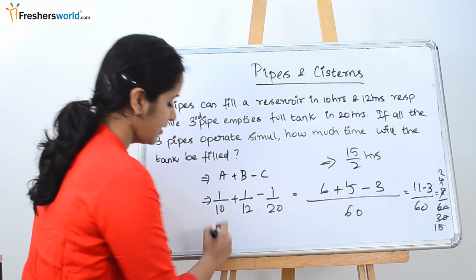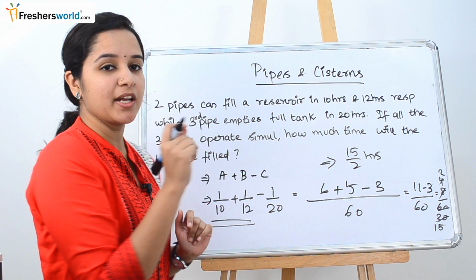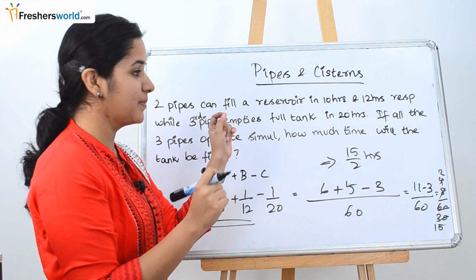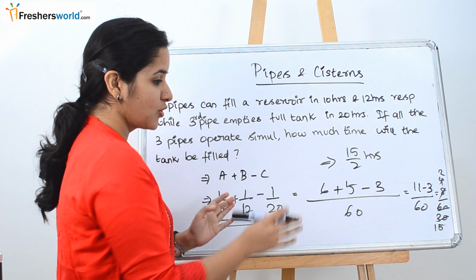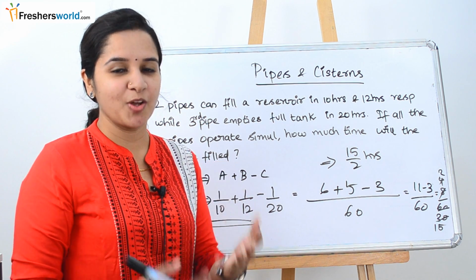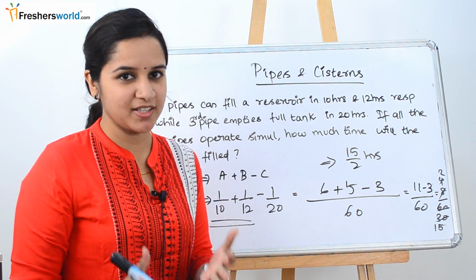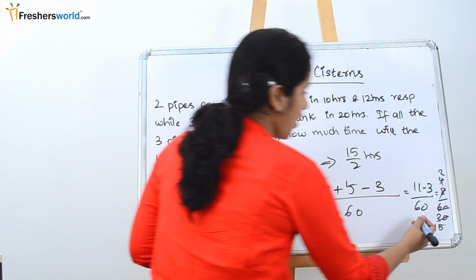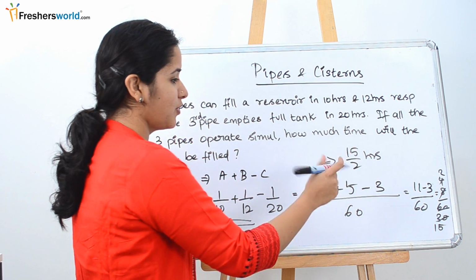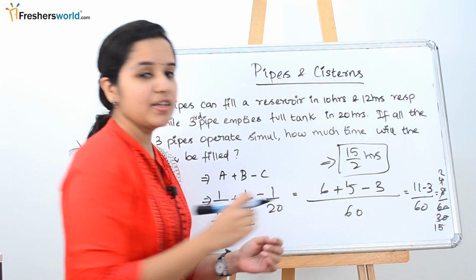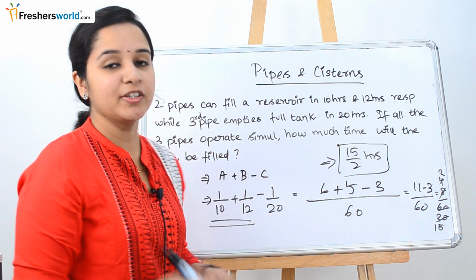What did we do here? We know that two pipes are filling the tank and one pipe is emptying it. The pipe that is emptying it, we have to put as negative, and solve it. The one you get in the denominator is the total number of hours taken to fill the tank. We got 2 by 15 here, and the reversal of it is 15 by 2 hours. If decimal points are given in the options, you can solve it to get it there.